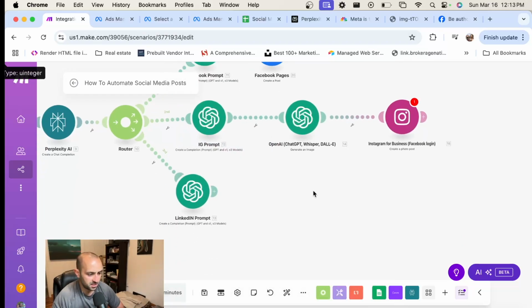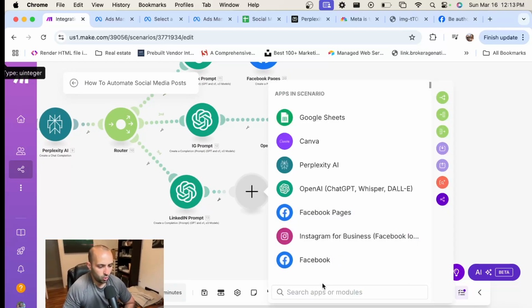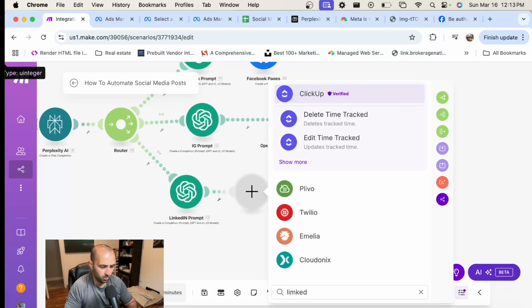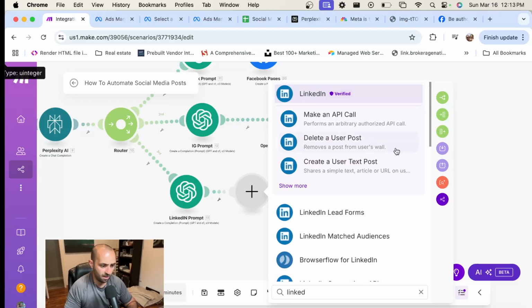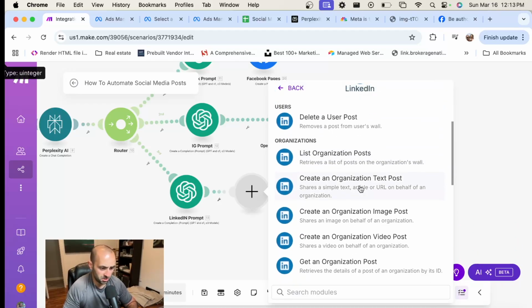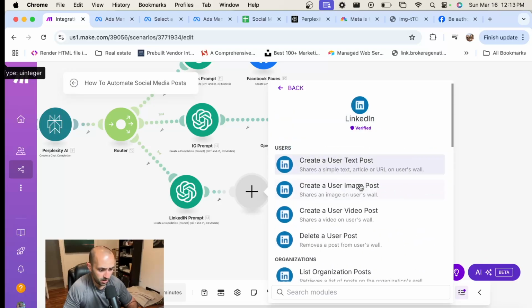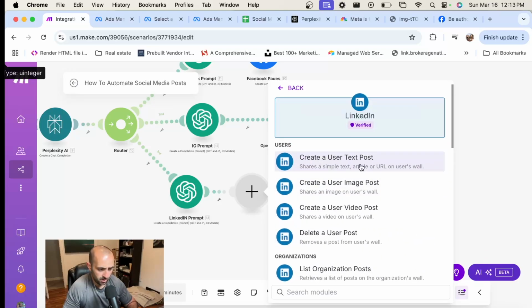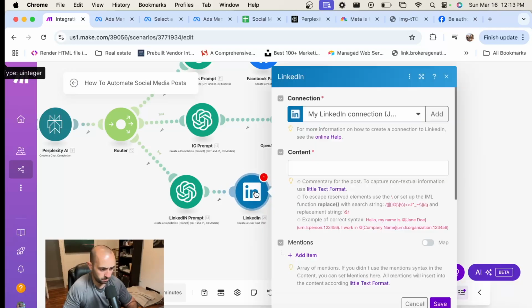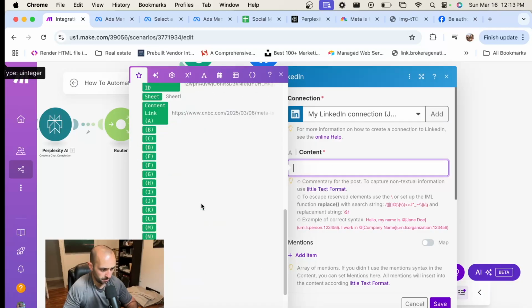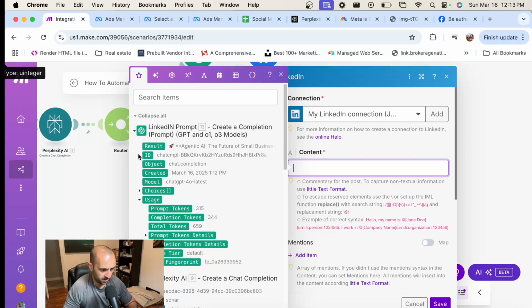And then the next step, let's go to LinkedIn, and we're going to do the same thing. LinkedIn should be much easier to get going here. So let's do LinkedIn, create a user text post. I could use DALL-E to create an image post, but I'm just going to do a text one. Content, LinkedIn prompt,